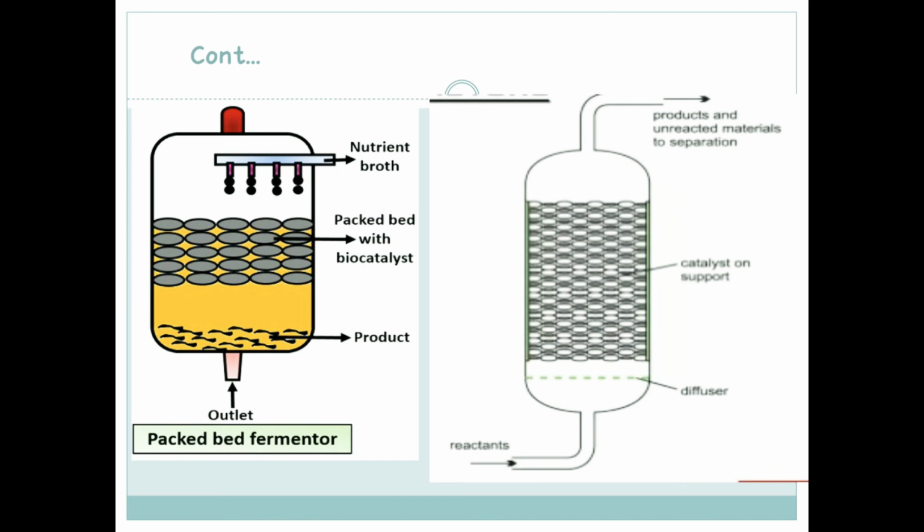The packed bed bioreactor is a little bit different than other types of bioreactor, because in this case it is commonly used with attached biofilms, especially in wastewater engineering. The packed bed bioreactors are widely used with immobilized cells. The immobilized biocatalyst is packed in the vertical column and fed with nutrients either from top or bottom. Then the substrate will flow into the reactor, and the reaction will take place.